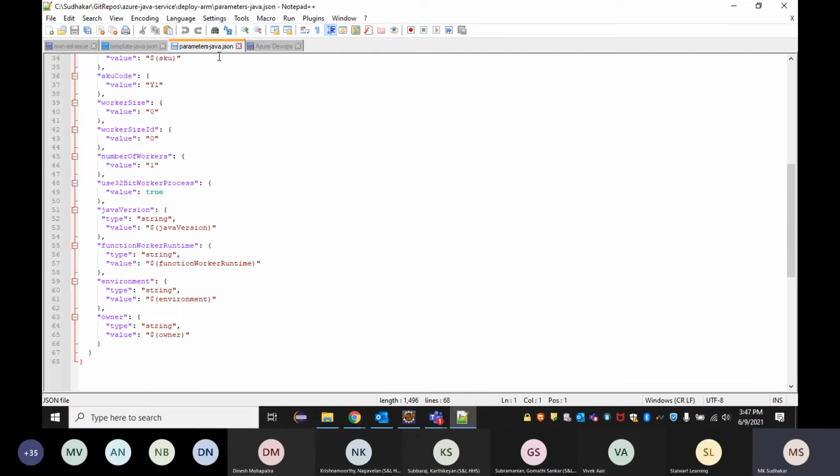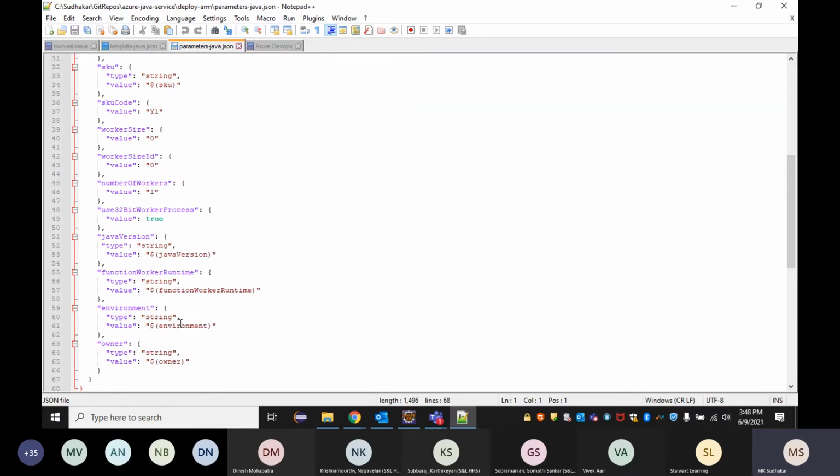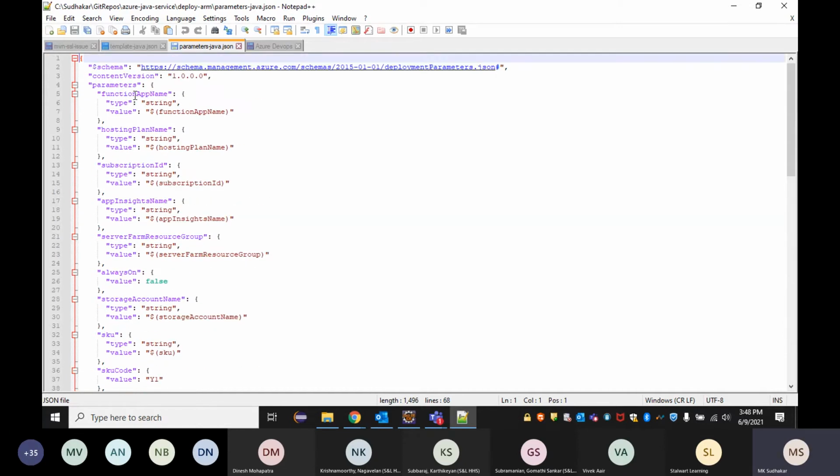Now from the parameter sheet, there is one more parameter template. This is also in JSON format. Now all my parameters are sitting globally in DevOps. In Azure DevOps, I'm trying to declare all the values required for this parameterization. Those values will be taken care of by the parameter JSON. These parameters will be set from the DevOps and set here.